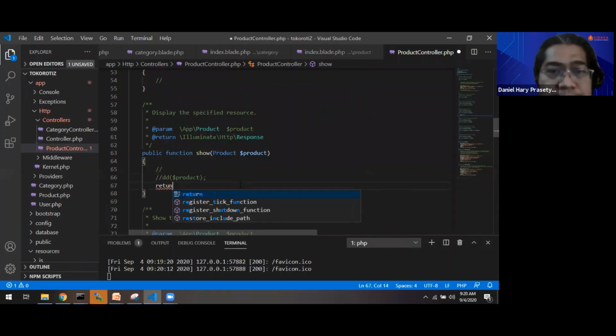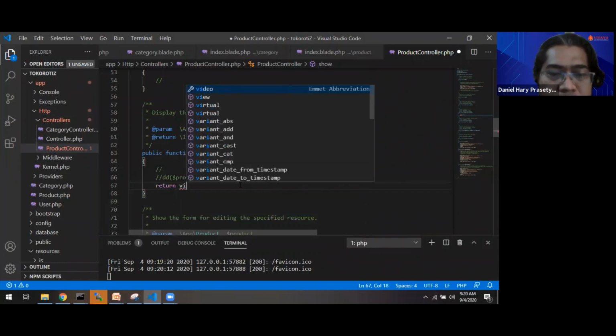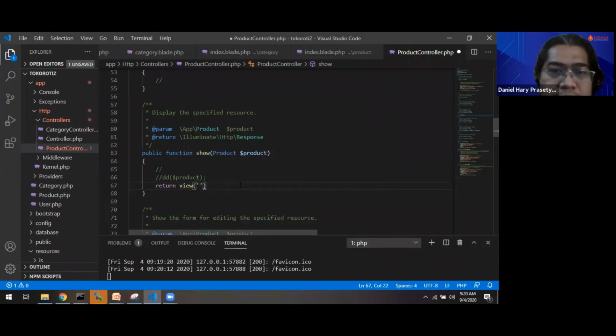Return view, for example we use product.show.